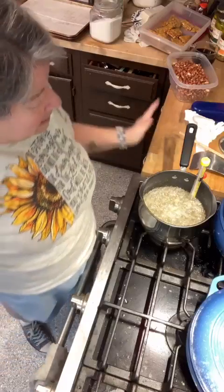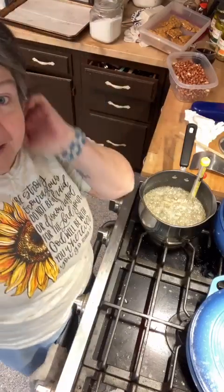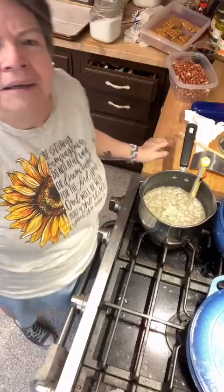All right, it's coming on up. We're up to about 230. It takes a little bit more time this way. I don't know if the slower cooking makes a difference, but it worked last time, and I'm going to stick with it because it worked. So when this comes up to about 280, we're going to add the peanuts, and I am using